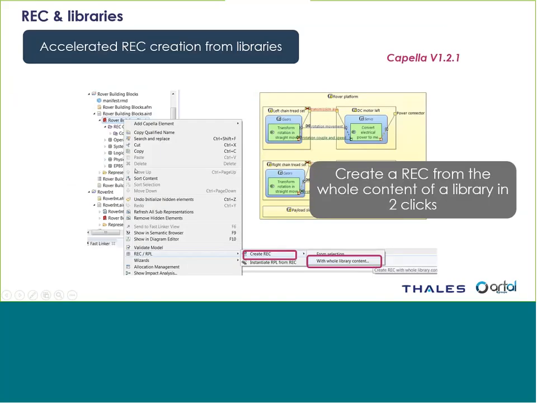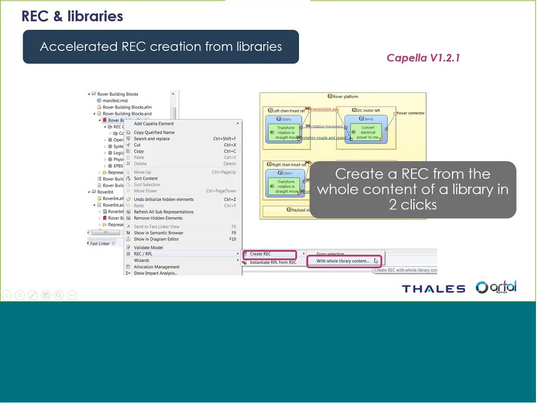So now let's focus on rec and libraries, because as you might have understood, rec and libraries are to be married to achieve most use cases of reuse. And so good news for the next version of Capella, 1.2.1, is that there will be an easier way to build a rec from a library, and you are only two clicks away from the creation of a rec from a library. So if you have all your library, you do your model in the library, and then choose the rec RPL menu, and you can create